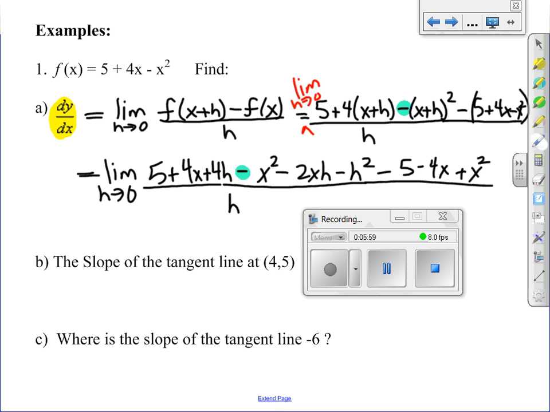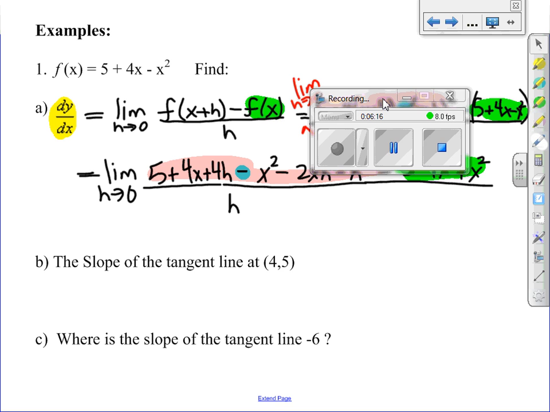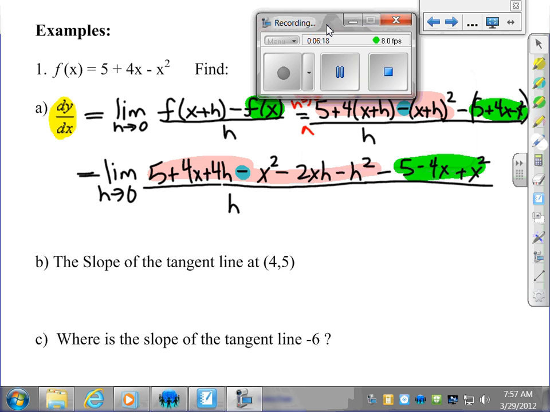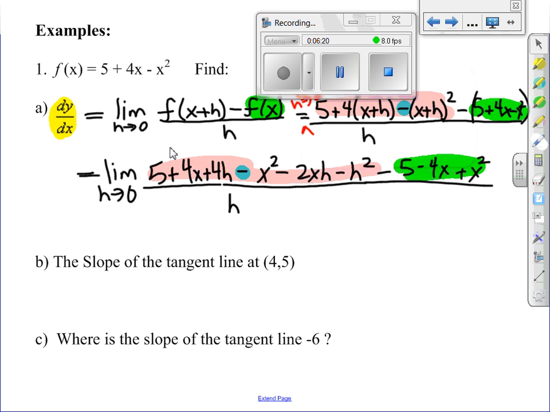The reason I knew that is because all the terms without h should be canceling out. So this right here is my f of x, which is right here. And this is my f of x plus h. And as I just said, every term that doesn't have h should cancel out. So for instance, 5 will cancel with minus 5, and negative 4x will cancel with 4x, and negative x squared with x squared. And then what we're left with